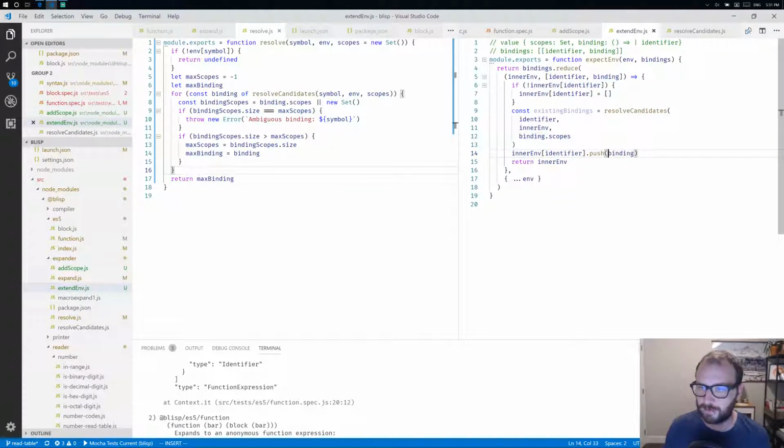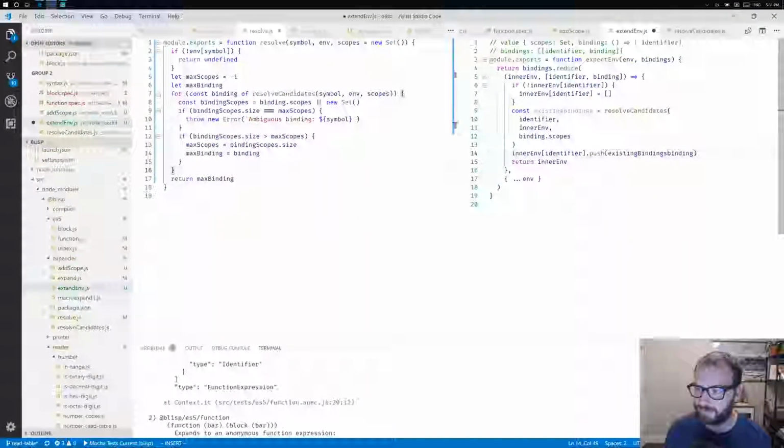Okay, so what we want to look at here is if existing bindings dot length is greater than 0, we want to